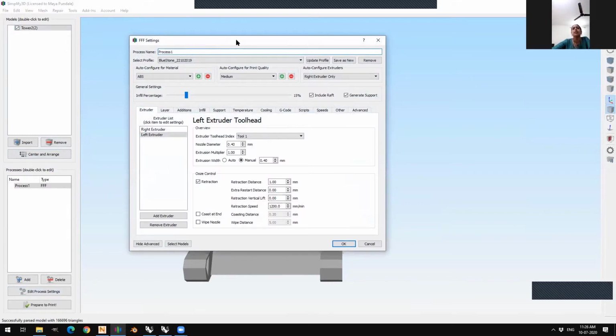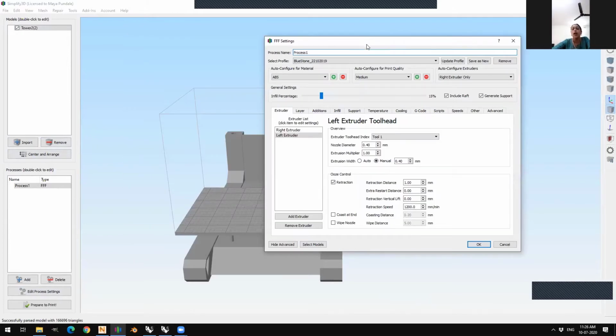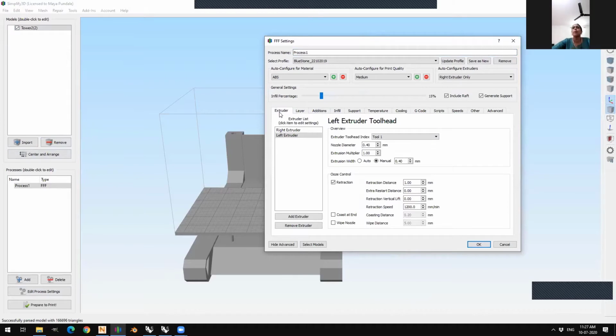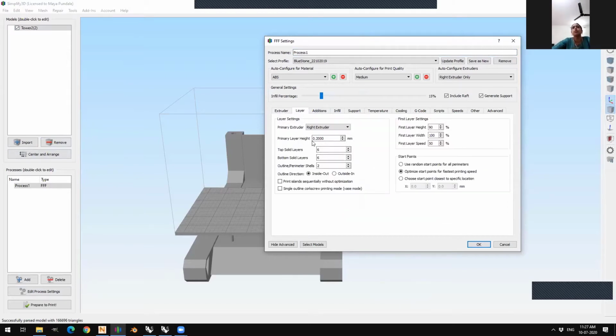Now, this differs from printer to printer, one, but more importantly, it differs from object to object also. Today, I'm just going with the basics, but later on, we'll also be looking at detailed understanding of each one of these options. I'll just go through the basics right now. You'll see that I'm using a primary height of 2.2 mm. That is 200 microns. Additionally, I have chosen to opt for a raft and also generate supports.